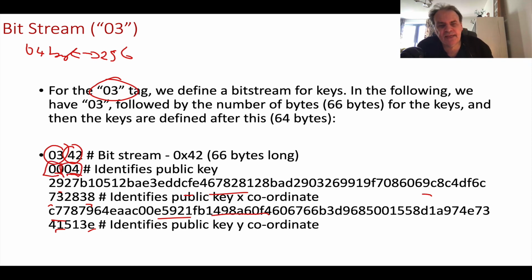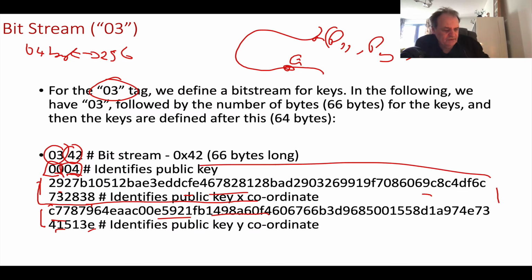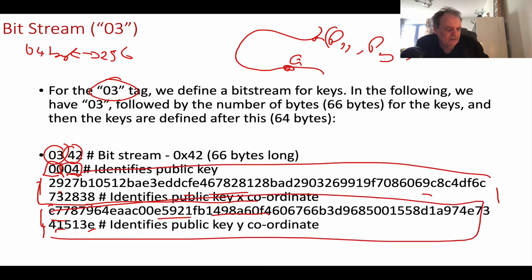With a public key, we normally have a 04 at the start of it, and then what follows is the x coordinate and the y coordinate, because with elliptic curve we have a base point and then we have our public key. The public key is a point on the curve, so we have an x point and we have a y point to identify our public key. Okay, obviously a private key would have a smaller size for that.